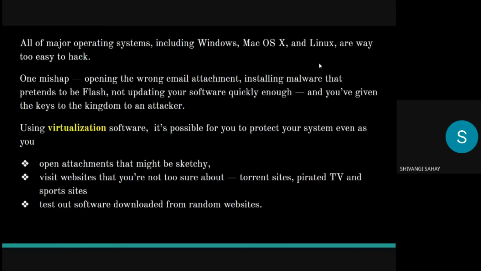Okay, so why do we use virtual machines? What is the need for virtualization? As we all know, these days we get lots of links on our email saying you have won such a prize, click on the tab to redeem your prize. We all get these malicious mails. And sometimes we don't even know, but the virus or the malware gets installed